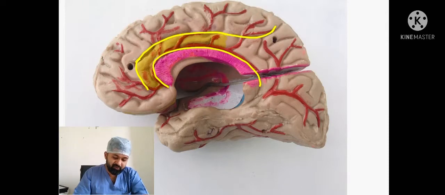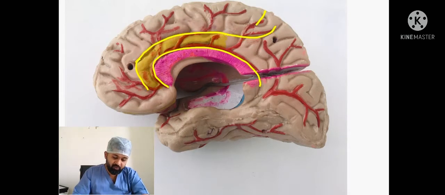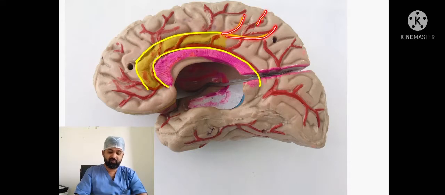Now, a part of the central sulcus also comes on the medial surface, as we discussed. So, this is the central sulcus. The cingulate sulcus runs parallel to the corpus callosum, and just posterior to the central sulcus, it turns posteriorly and runs upwards. This is called the posterior upward extension of the cingulate sulcus. It also gives another extension which is in front of the central sulcus. So this is the anterior extension and this is the posterior extension, and in between lies the central sulcus.